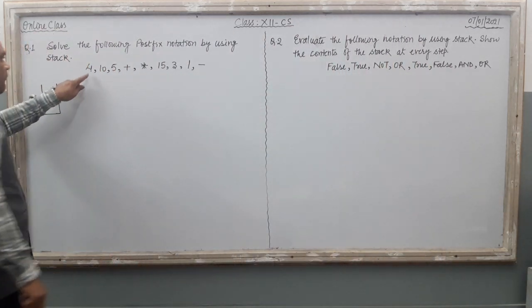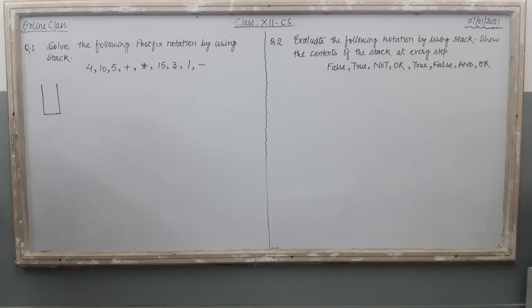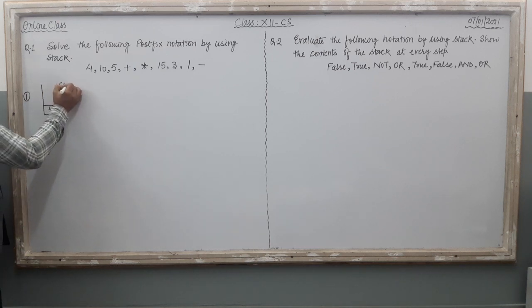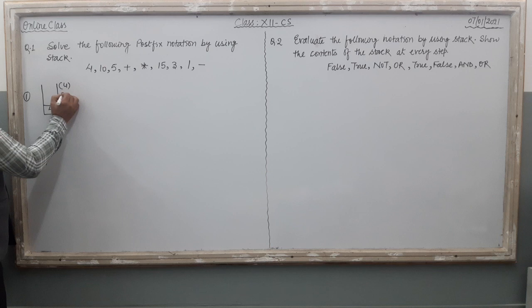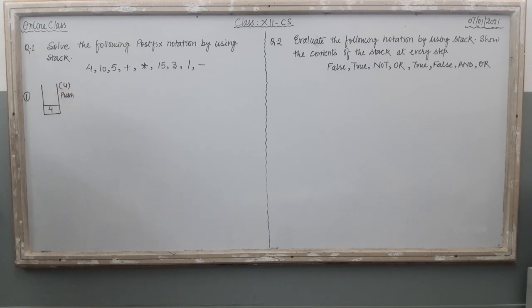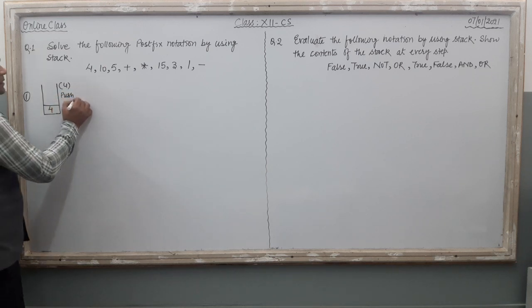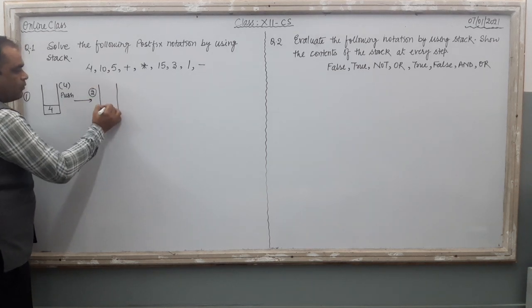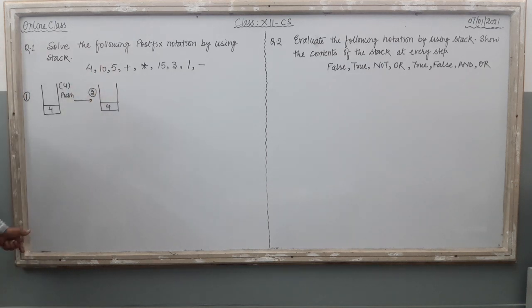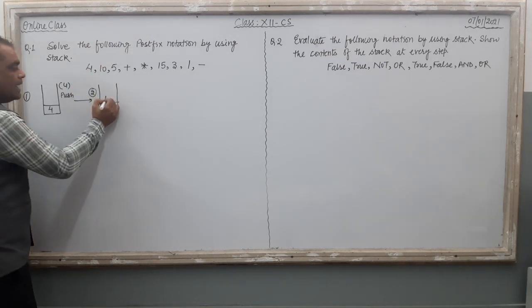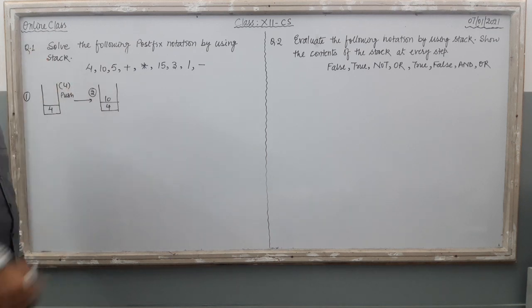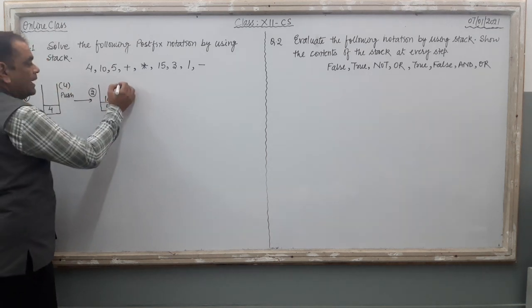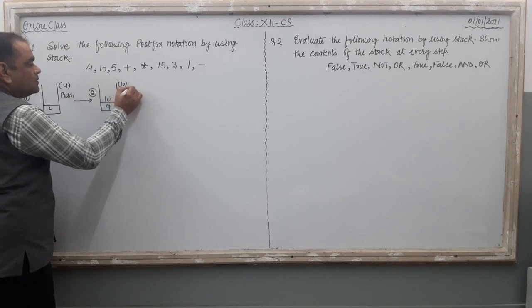Now just see here, 4. 4 is the operand. Right? So my first stack situation is that I am going to push 4 into the stack. Here just write 4 and then at the bottom write push. It is the first step. Now come towards the second step. What will be the second step? 4 is already there. Now 10, it is an operand. Just push it into the stack. So 10 is available on top of the 4. Clear? Then here write 10 and at the bottom write push.